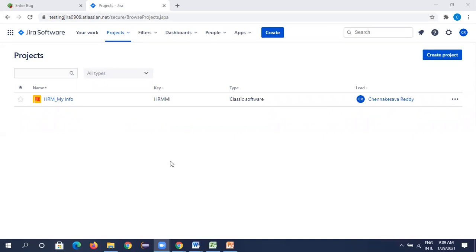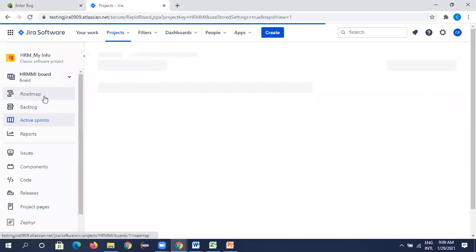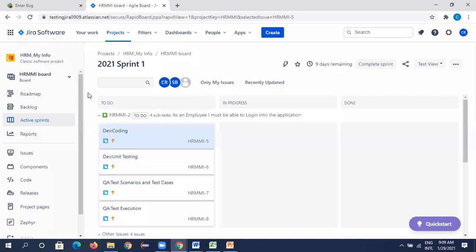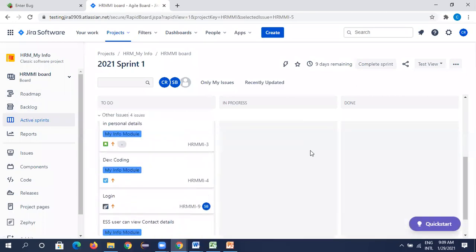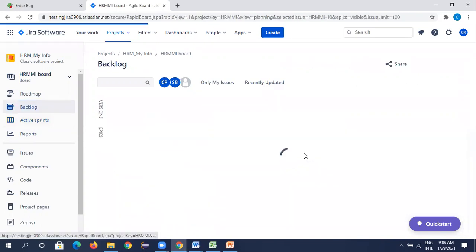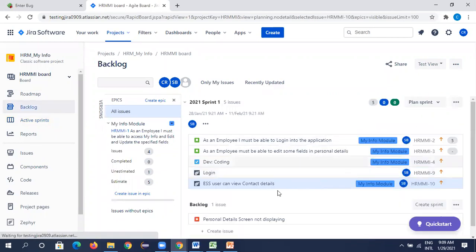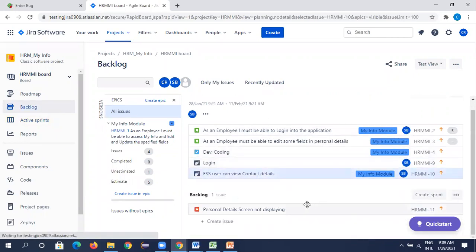Okay, so I'll go through some more points in this Jira tool. We know how to create a project, how to add test scenarios, test cases, and all those things, right? So see, in backlog, we can see we have some screens.